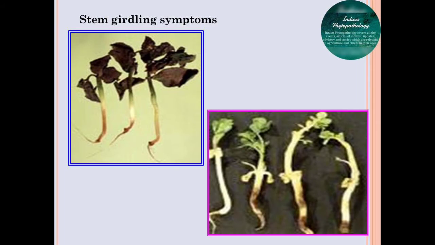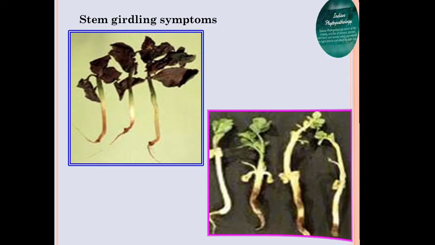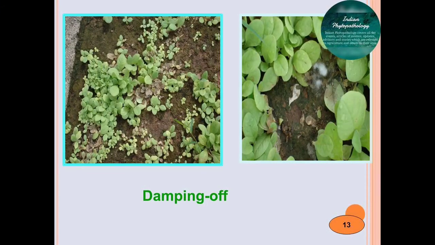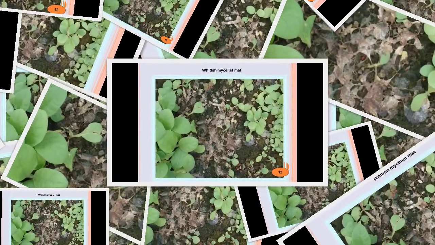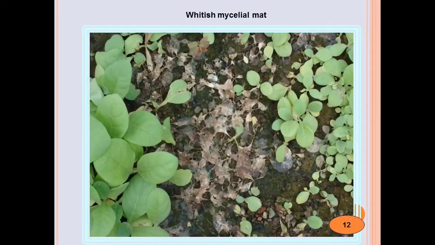Disease starts in patches in the nursery, and after that all nursery crops get killed due to the infection of this damping off. Within 3 to 4 days, the whole bed damps off, showing presence of whitish fungal mycelial growth on rotted seedlings. So these are all the marks of identification of this damping off.